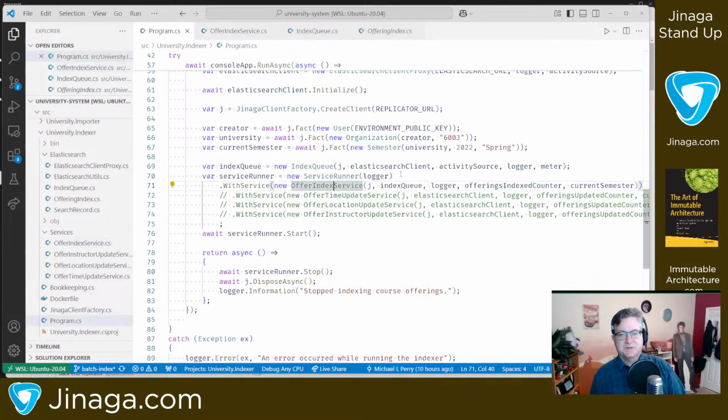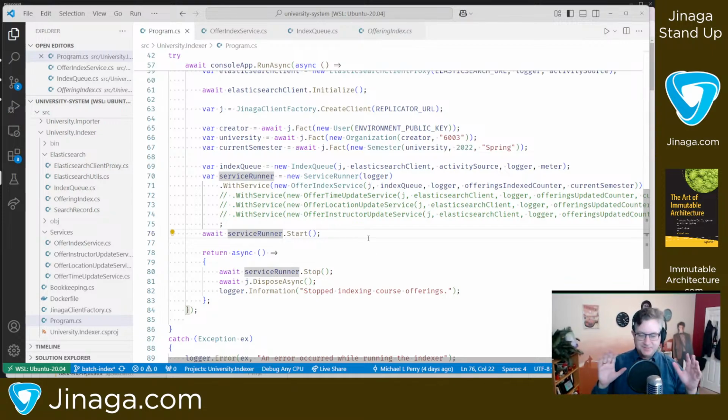So let's pop the stack one more level here. Let's come back to what we did. We set up this index service, and we started this whole service runner, which presumably could have multiple services in it. And we will take a look at those multiple services running together on a later iteration. But this package, this combined set of these little service objects, this is kind of the microservice boundary. So a microservice,